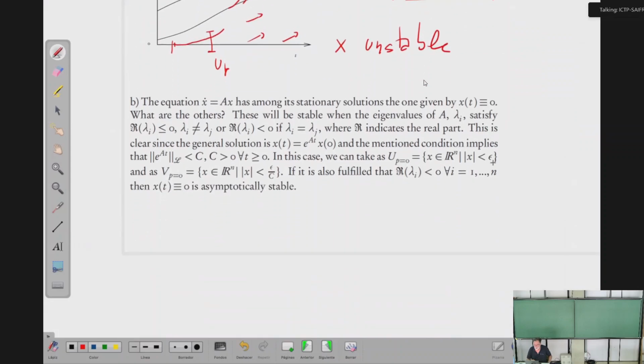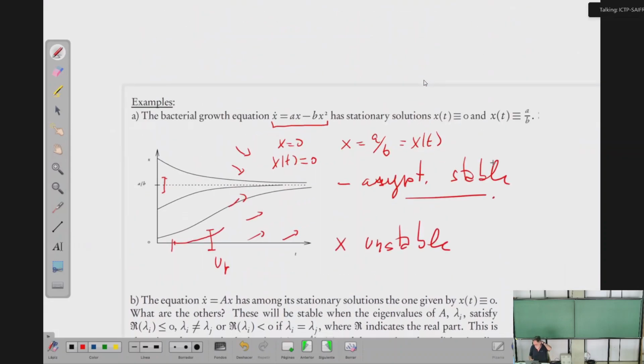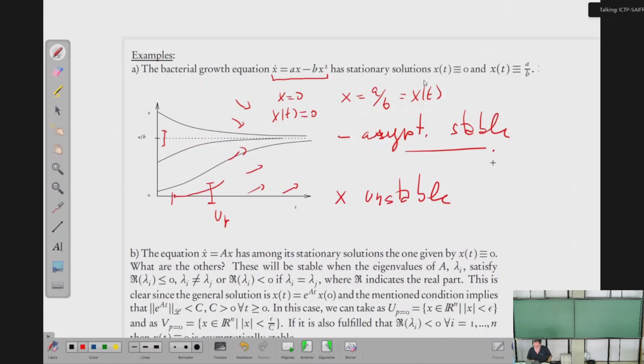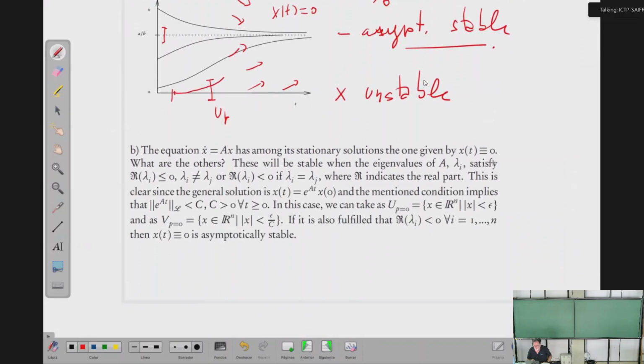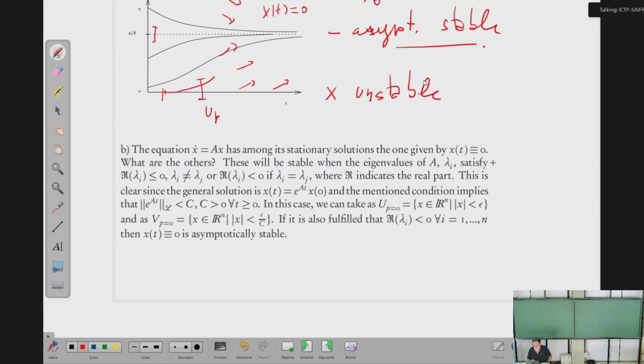So this is stability, and we are going to see stability not only for ordinary differential equations, but for solutions of partial differential equations, around stationary solutions. What happens if the solution is not stationary? Do we have any